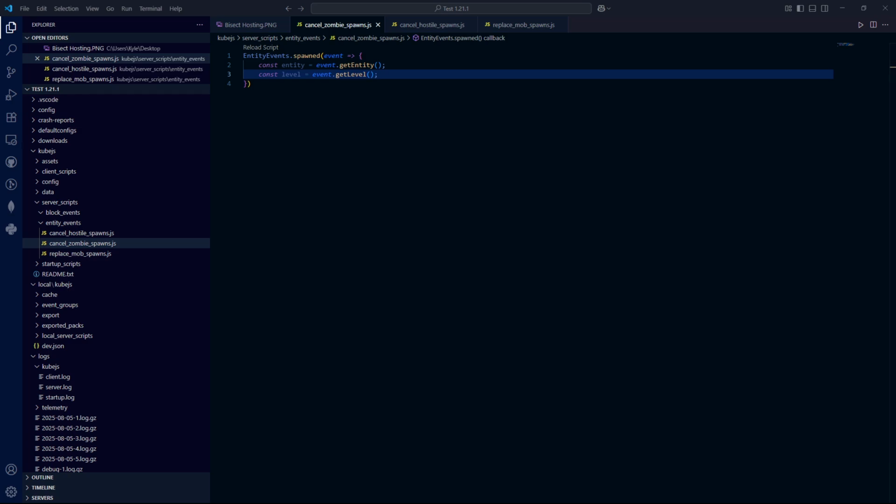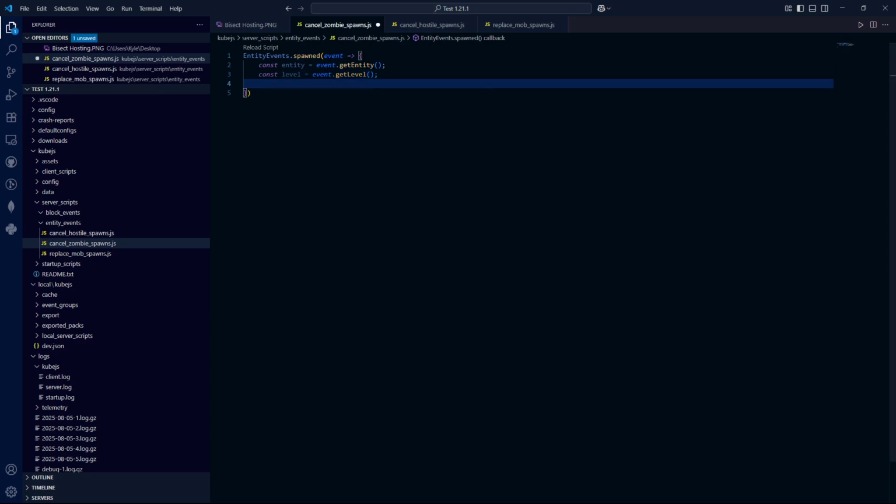So now that we have this set up, especially the entity, we want to see if it is a zombie. So we're going to do that using an if statement. So if entity, again, from our declaration on line 2, dot getType, if that is equal to minecraft:zombie,